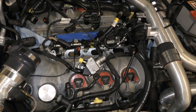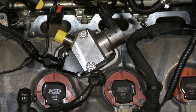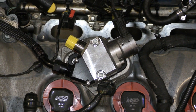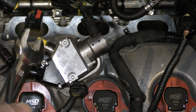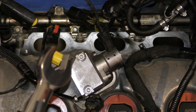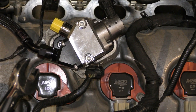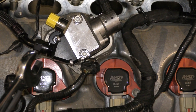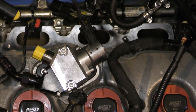Now that we have the Xtreme-DI 50% injectors installed, we are going to switch out this XDI 35 high pressure fuel pump for the Evo high pressure fuel pump. So we already have the one fuel line off up there, 17 millimeter. I disconnected this wiring harness. This fuel line is an 18 millimeter. So it's basically as simple as, for me, loosening this at this point, loosening these two Allen bolts,